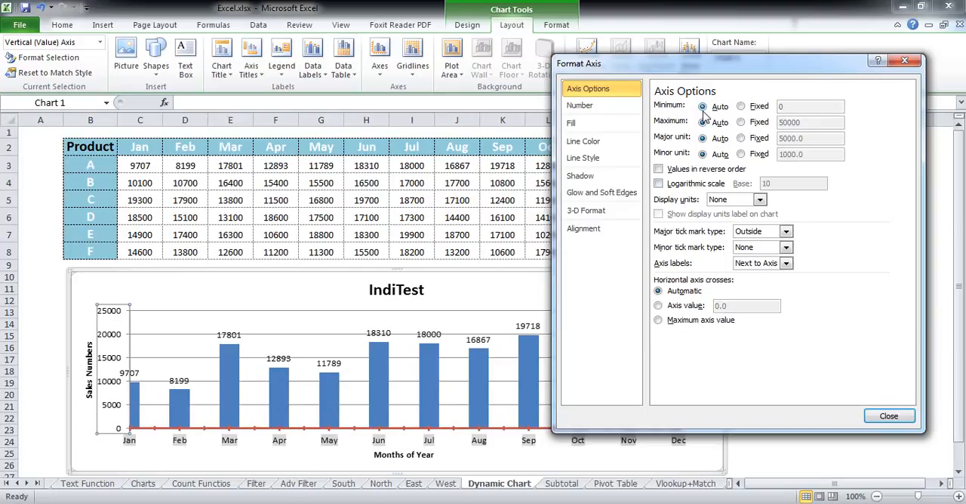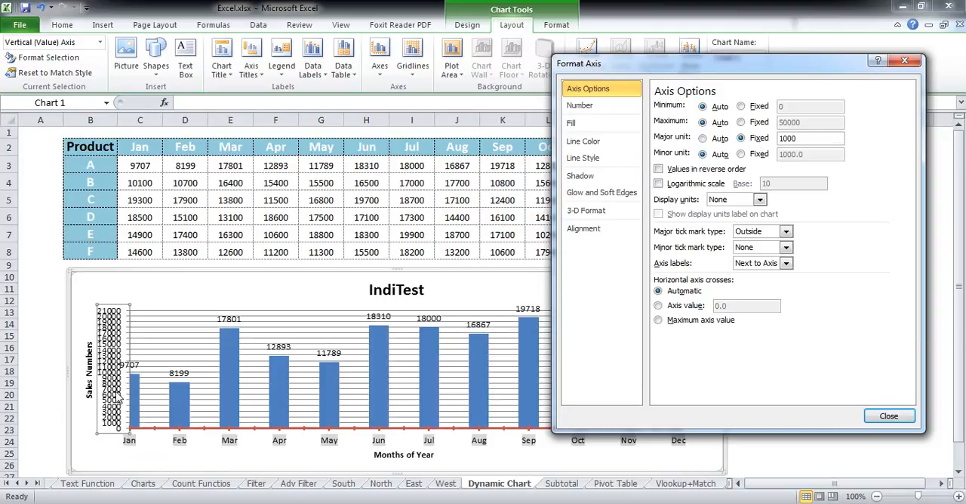Moving ahead, the concept of a major unit and a minor unit is the difference between two subsequent levels in the vertical axis. So now you can see the subsequent differences between the vertical axis values is 5000. But what if I wanted to change this, and I wanted to change it to say 1000 only? So there you go. Now the bifurcations between the vertical axis are of 1000,